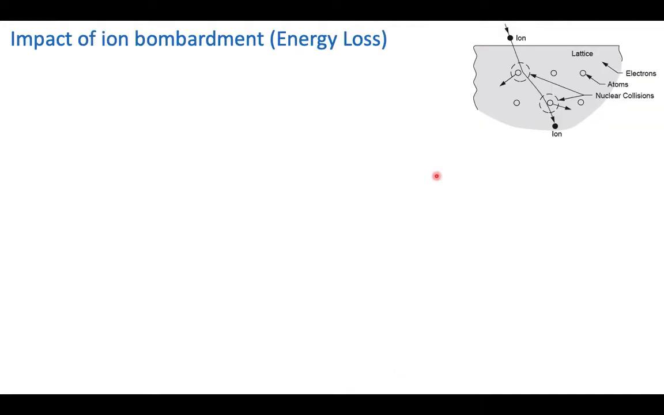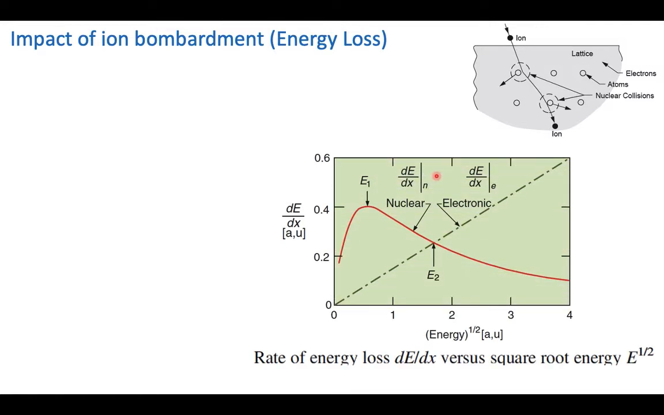Now, what is the impact of ion bombardment? When an ion penetrates inside the material, it transfers its energy, and the impact is very serious, because when it transfers energy, it makes a lot of damage. If you look at the plot of dE/dx with energy, you see a nuclear energy loss, represented by this graph, and the electronic energy loss is essentially linearly